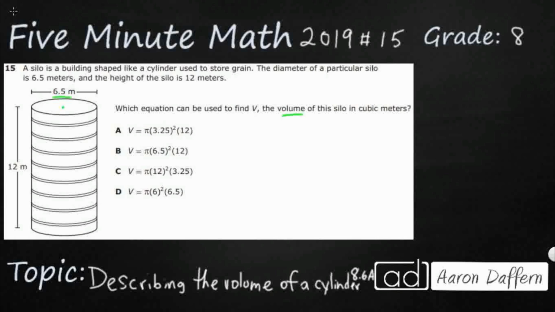And so it seems like it's pretty straightforward. We've got the picture. We've got two different measurements. So let's see what we get here when we look at our mathematics chart. And we're going to see this, V equals BH. Now here's the thing. It's either for a cylinder or it's going to work for a prism as well. So a cube, rectangular prism, triangular prism, hexagonal prism. Either one, you're going to get